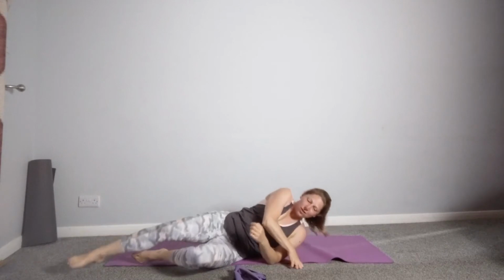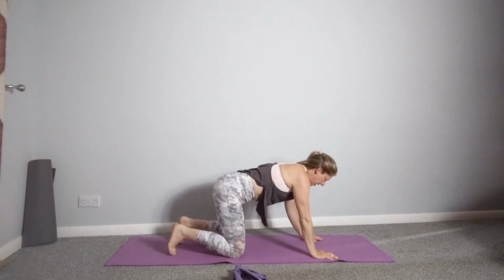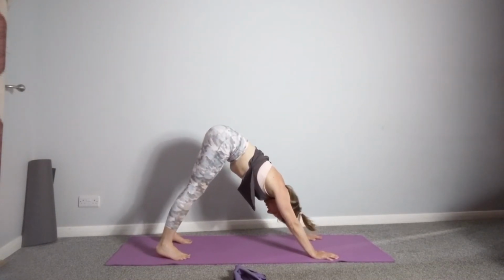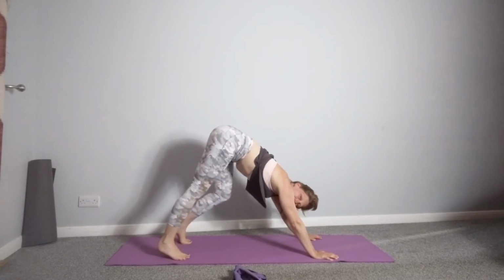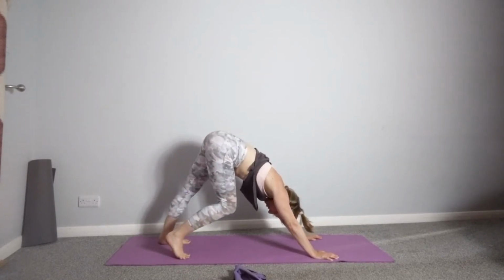Bring that leg up, just release through the band, just tug the knees into the chest again, and then bring yourselves round into a box position, or tucking the toes under and bring it up into an inverted V shape. So just pushing the heels down into the floor, and just take a few heel walks here, so pressing one heel down and then the other. It's just taking a bit of a stretch, active stretch, working through the calves,